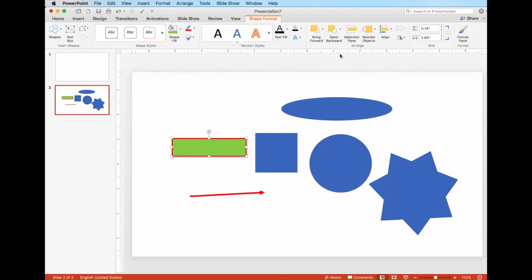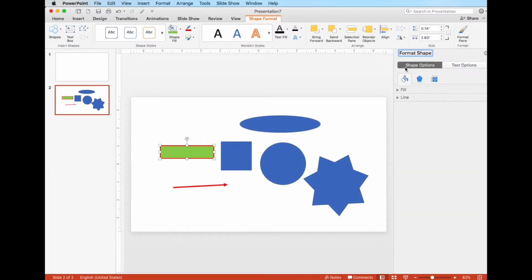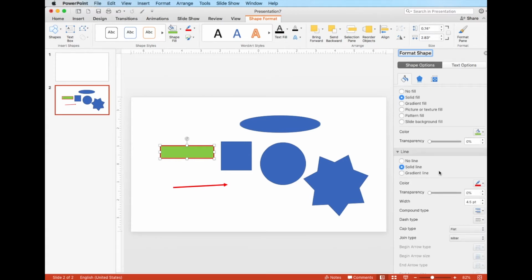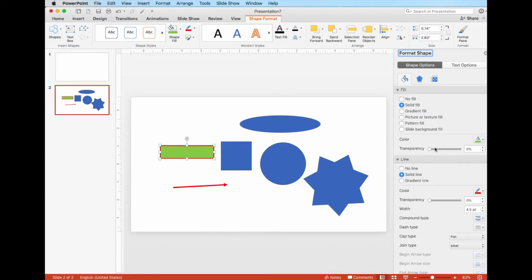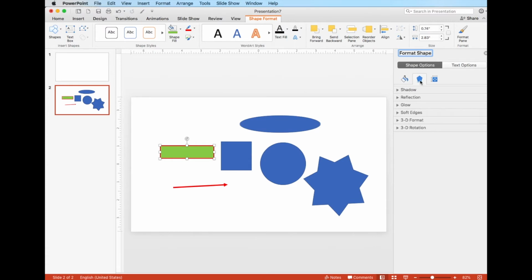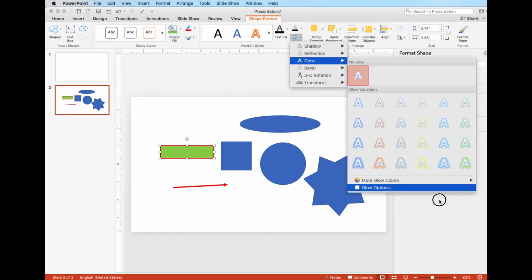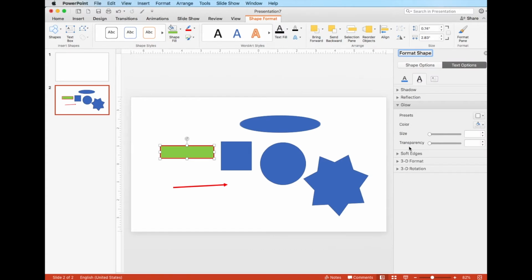There is a button here that shows a format pane, and if you click that, then a pane shows up here that has all kinds of different options as far as fill and as far as line, and it gets very, very powerful when you think of all of the different things that you can do. There are also some text options. This is effects, which is the same thing as this right here. This is where you get your shadow, reflection, glow, bevel, and you get the same thing over here on the